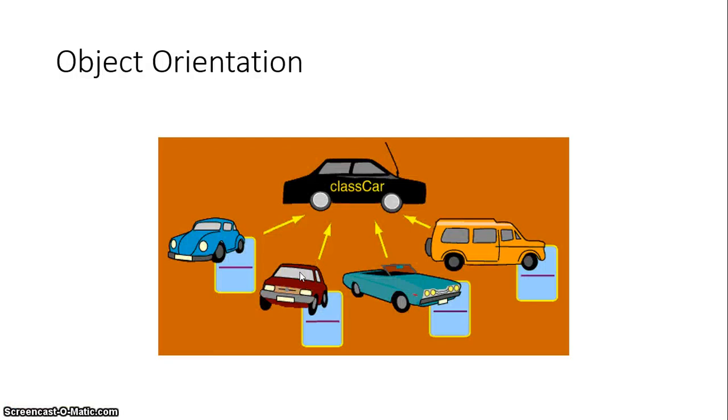Object orientation. As programs become more complex, it can be useful to create your own data types. Java allows you to do this by defining classes. A class is a template that defines the data and operations that are part of a set of objects. For example, the class car could define the data, car color and fuel level, and the operations turn on and